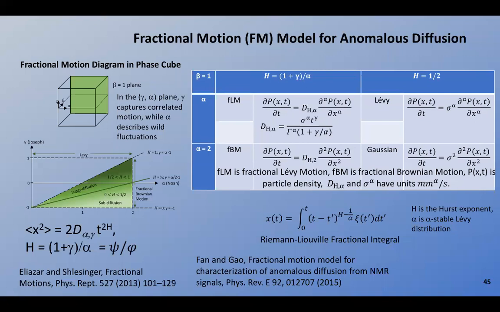I mean, if you're going to model mathematically, you have to use all the cards that can be dealt out. If someone's going to deal hearts or diamonds or spades or clubs, you have to try to put them together in your hand. If you can take a constant and turn it into a tensor, so be it. If you can take a constant and turn it into a function of space or time or even concentration, those are possible things to consider. And in this fractional motion model, what we're doing is we're allowing the variation of the diffusion coefficient to be a power law called gamma in this case,